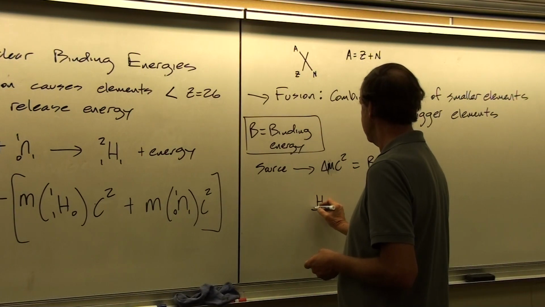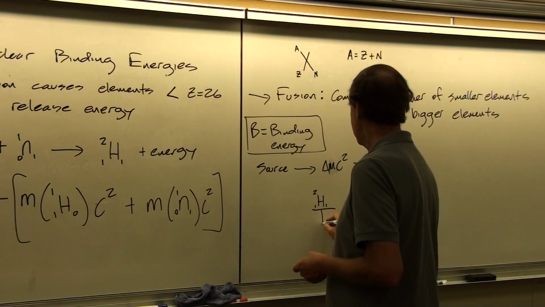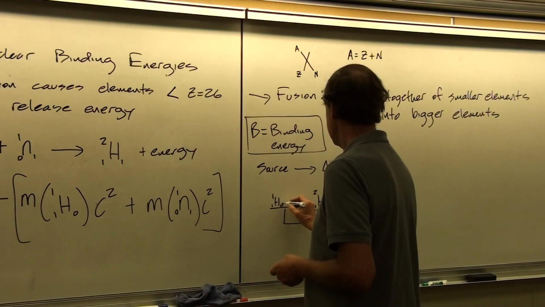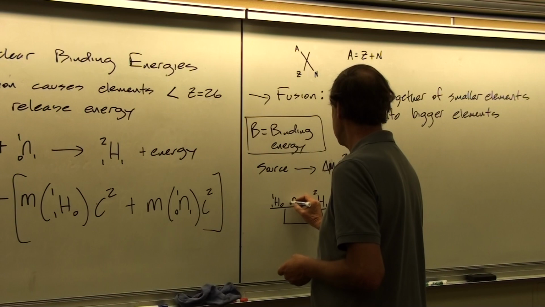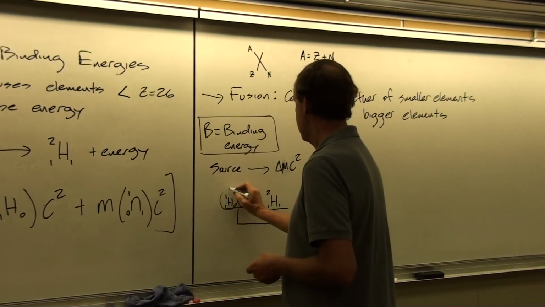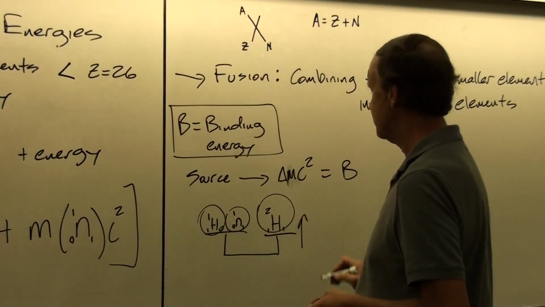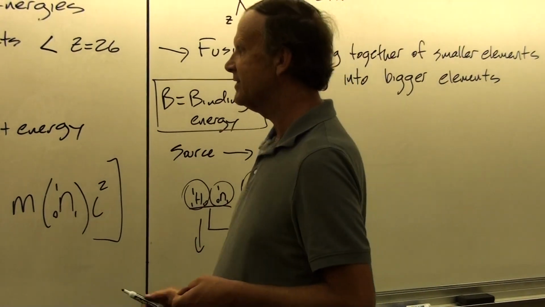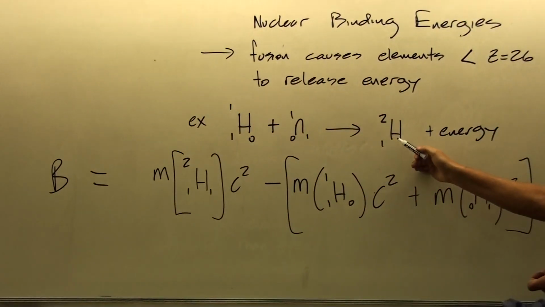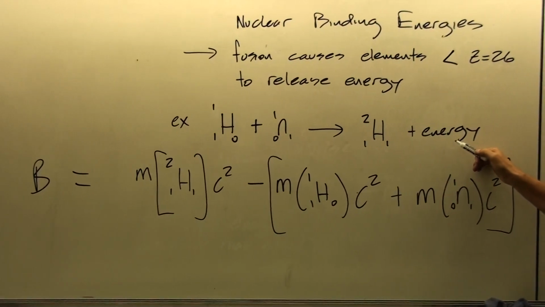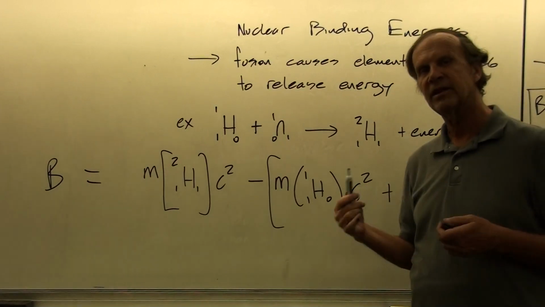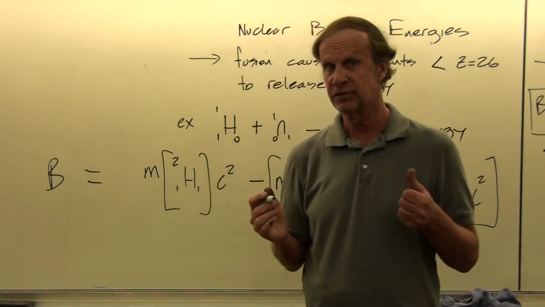So here's our heavy hydrogen, 1, 1, 2 on this side, and then on this side we've got our regular hydrogen and our neutron, 0 protons, 1 neutron, 1 nucleon here. Then this side pops up and this side goes down, because this side is heavier. There's more mass in this situation, but it goes to a lower energy state, and so some of that mass is converted into energy. And that is the whole process by which our sun produces energy too.